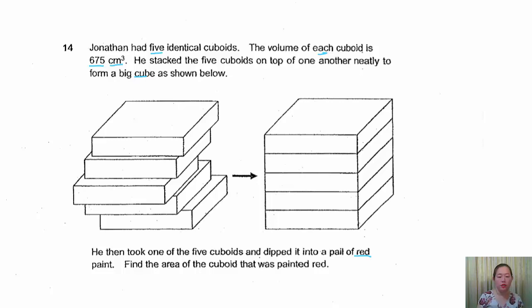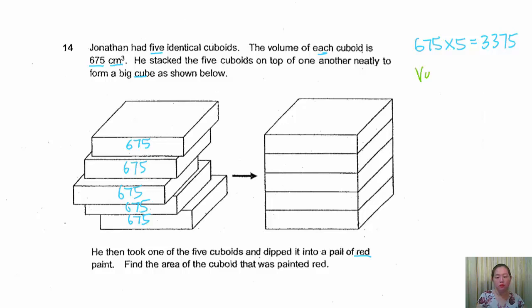To do this question, let's start to label all the keyboards. They are all 675 cm cubed. So what does it mean? It means that the total volume of this cube will be 675 multiplied by 5, because there are 5 keyboards, and it is equal to 3,375. So since this is the volume of the cube, we must remember that for volume of the cube, we know that volume